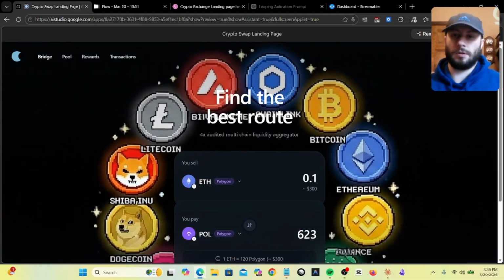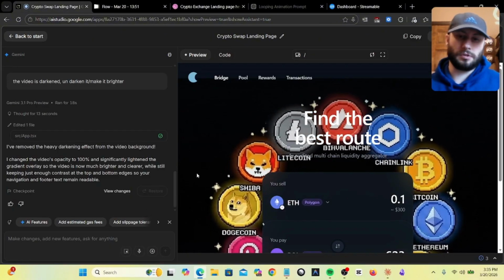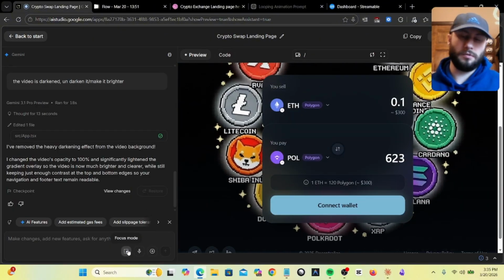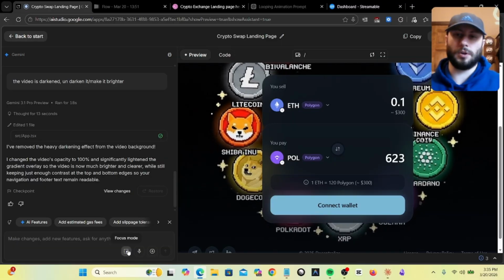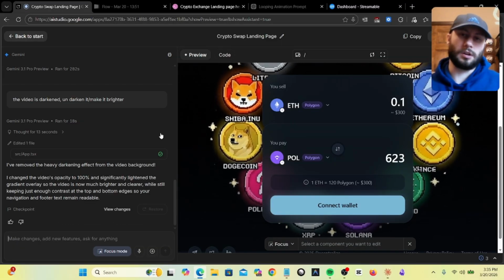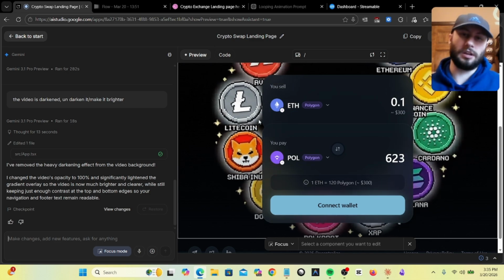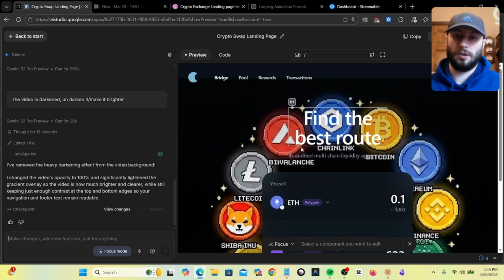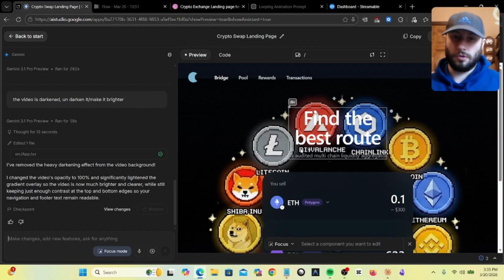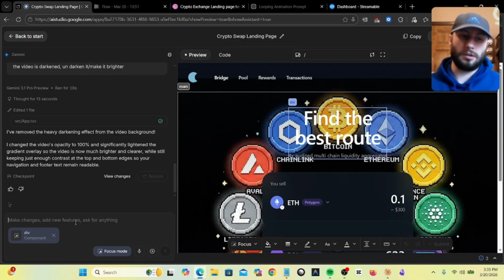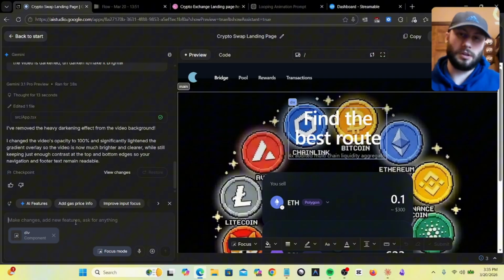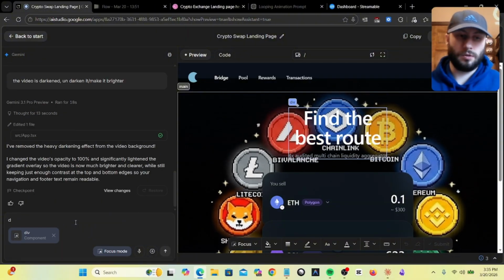So I'm going to go ahead, exit full screen. I'm going to go into focus mode down here, and focus mode is just, you can click on stuff on the screen and actually dictate specifically what you want. So going to go to this, and it's going to select the div component down there, and we're going to go,